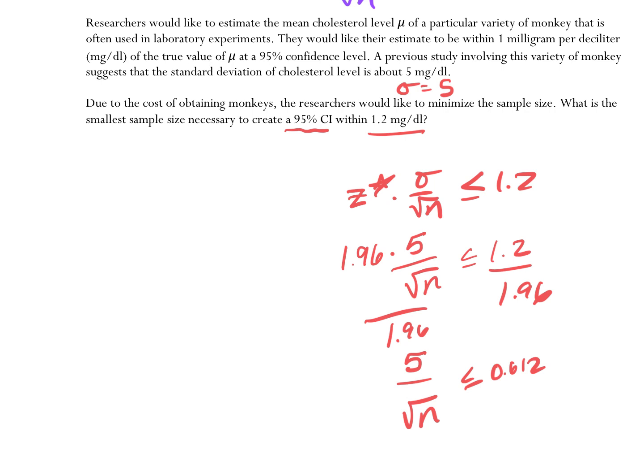So this looks a little bit different than the previous ones, right? What should I do next? Move that n to the other side by multiplying it. Cool. And I think you get something like 8.16 has to be less than the square root of n. Give or take. Yeah? Then? So your sample size has to be bigger than